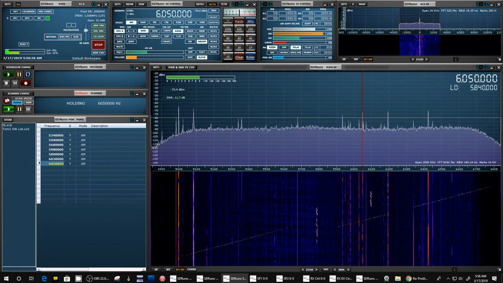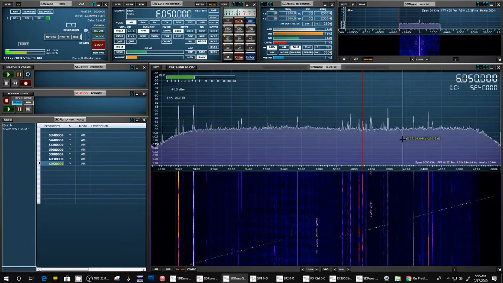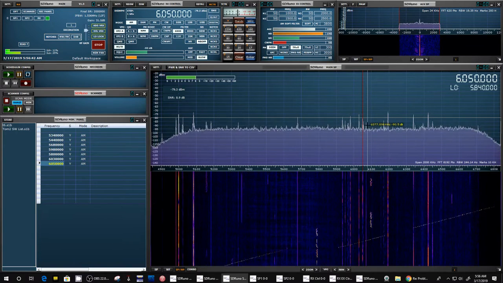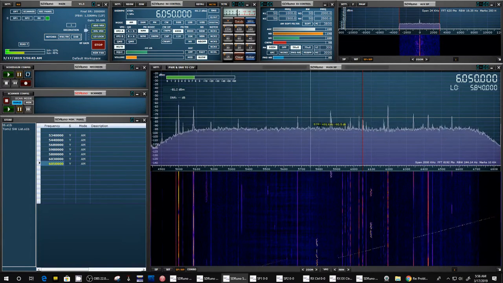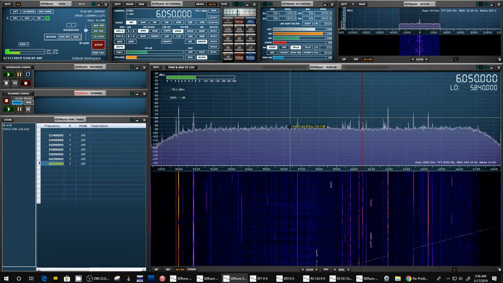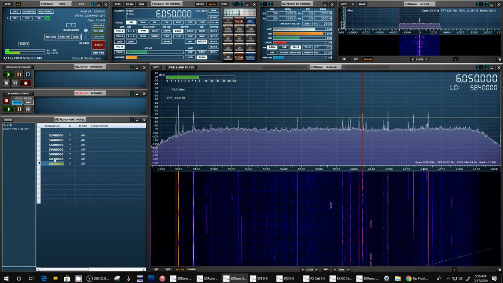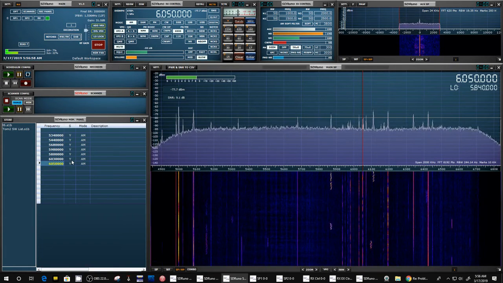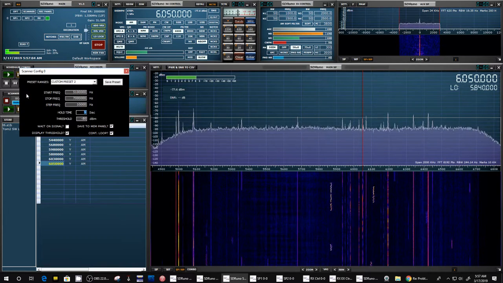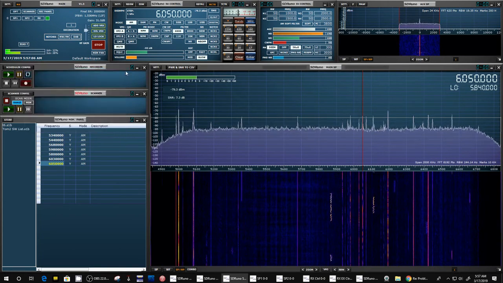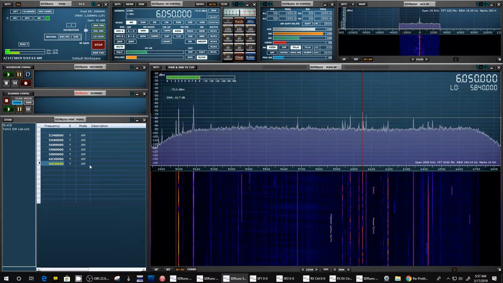Okay, let's stop it. So it's scanning that range that I gave it, and then if it finds a signal above the, I think, minus 80 dBm, it will stop there and it will put an entry into the memory bank here and stay there. Right now it only stays there for, I think I said 5 seconds maybe. Let's see, memory's not too good. 5 seconds. And then it will go on because I did not click on the stay on the station as long as there's a signal. And then it will go through the whole band and start over and then continually